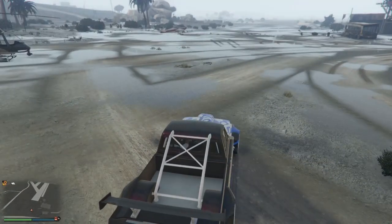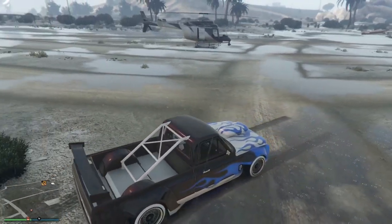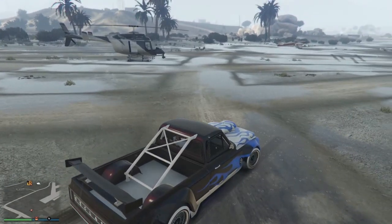Let's see, what else is it? There's the braking. It's not that great, to be honest. Nothing about this car to say is that good. Nothing at all. Let's just move straight on to the next one, which is going to be the Bravado Buffalo